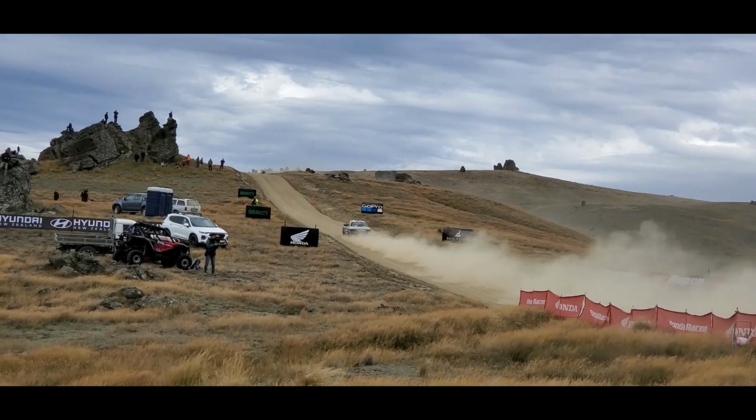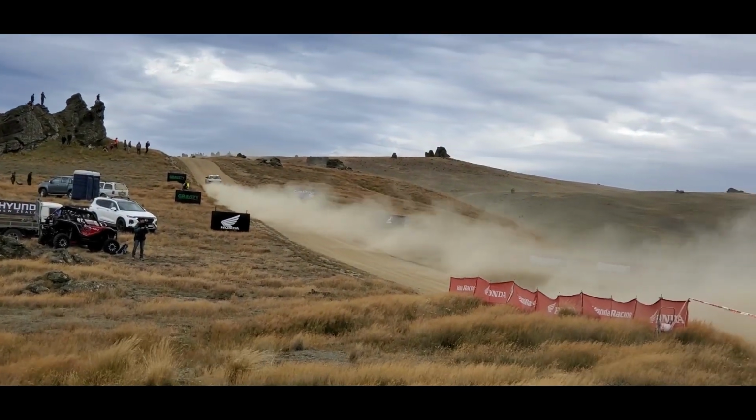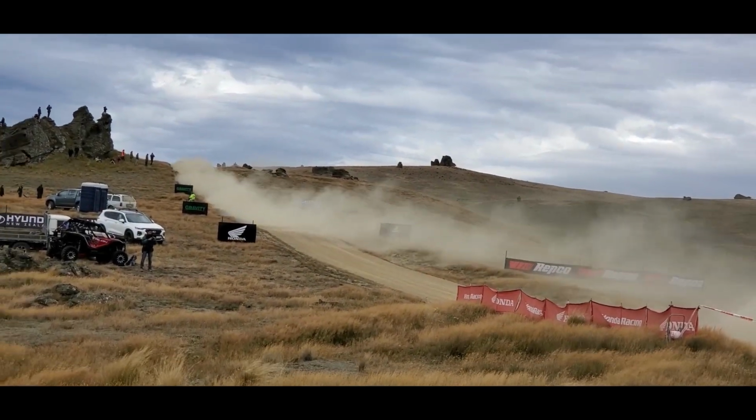Looks like Collin McRae's car, and it looks like it's being driven by Collin McRae as well, Stu. Exactly. Yes, Collin McRae was